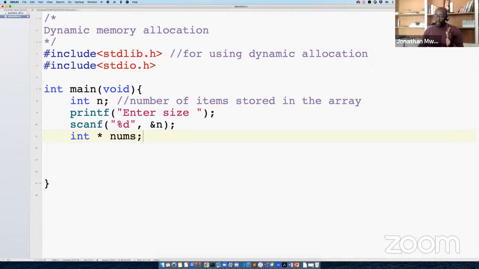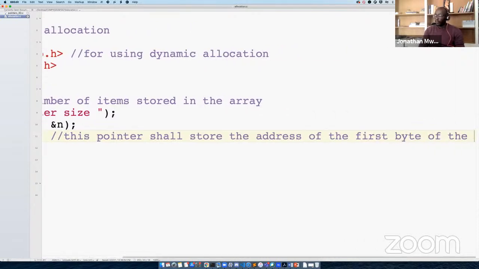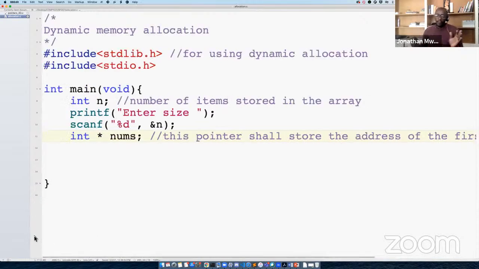This pointer shall store the address of the first byte of the array. Well, the address of the first byte of the array means also the address of the first item, so to say, right? The address of the first item, because it is the first byte where the block starts.